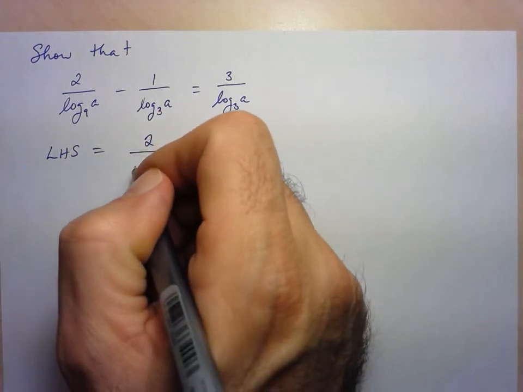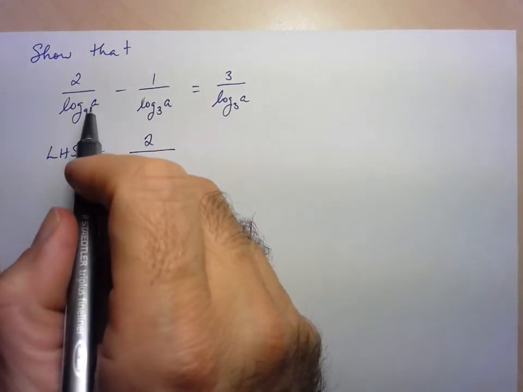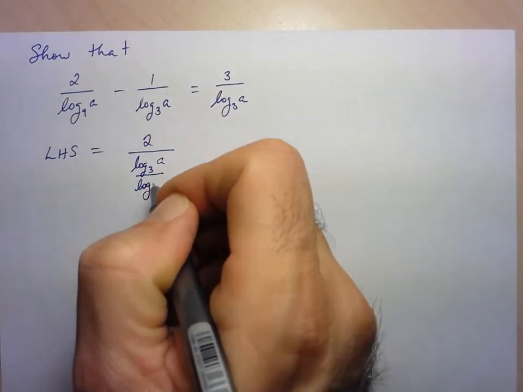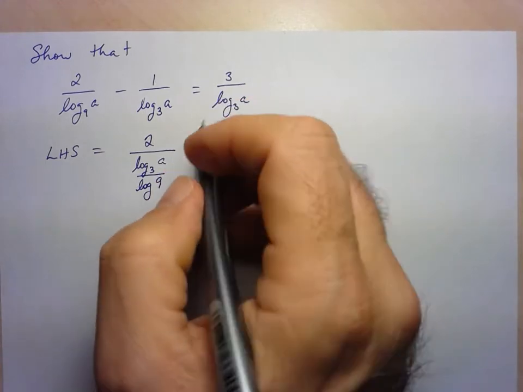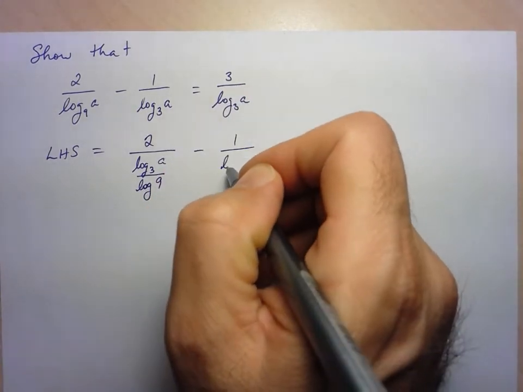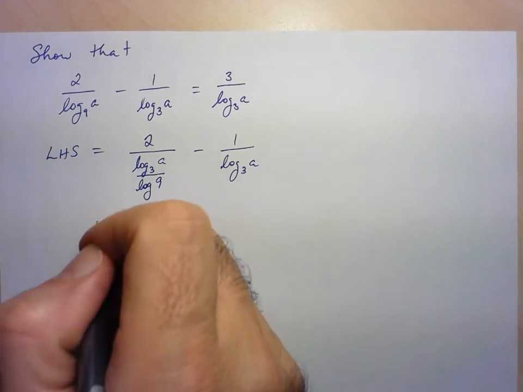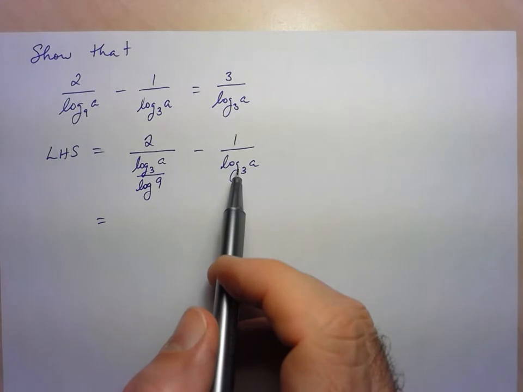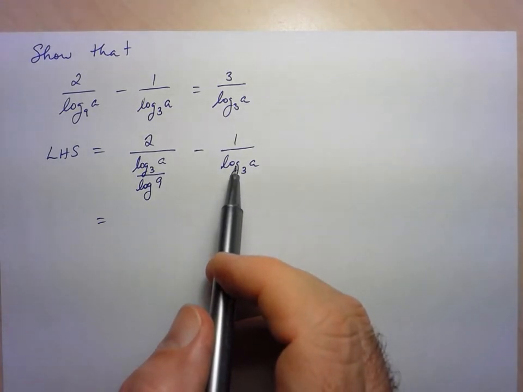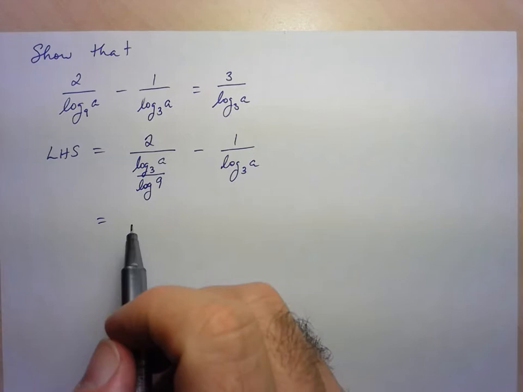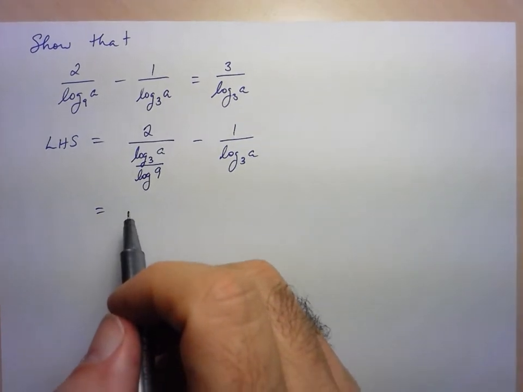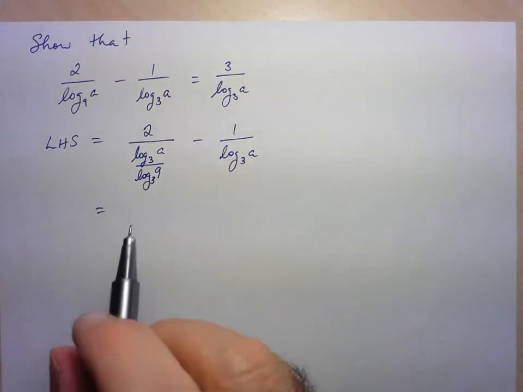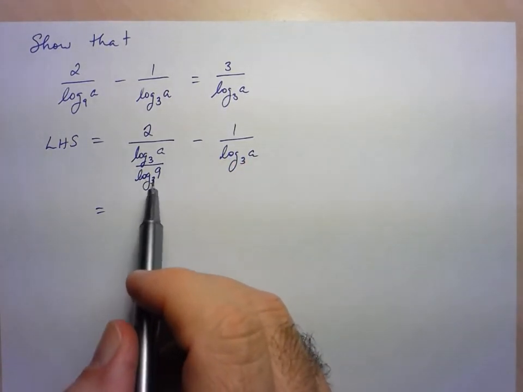So this becomes log base 3 of the initial input, which is a, divided by log base 3 of the original base, which is 9. Okay, and I'll keep the second one as it is. And so here, what's nice about this one is that I've got a log base 3 of a, which is exactly the same expression that I have in the second expression there, and what I have on the other side of the equation that I'm trying to show it's equal to. And I also have, this is log base 3 of 9, of course, and log base 3 of 9 is something that I can actually